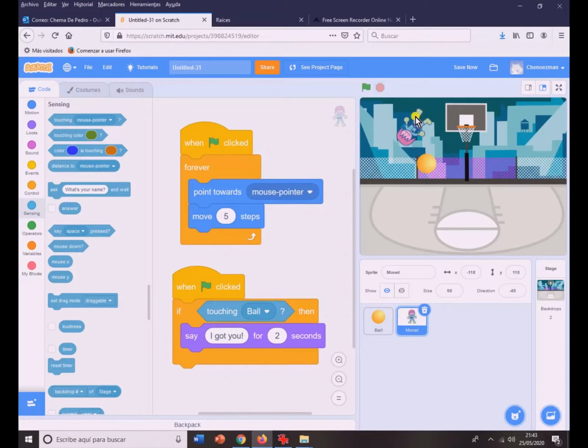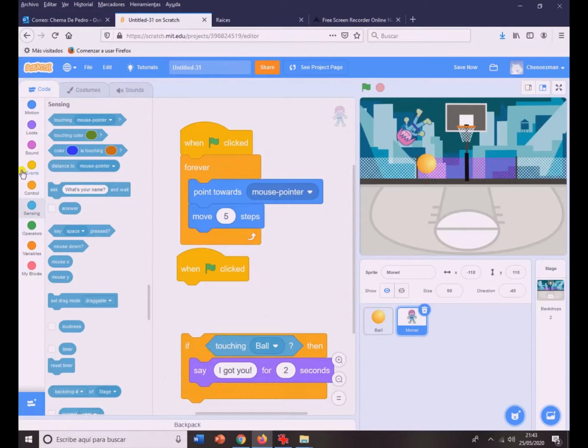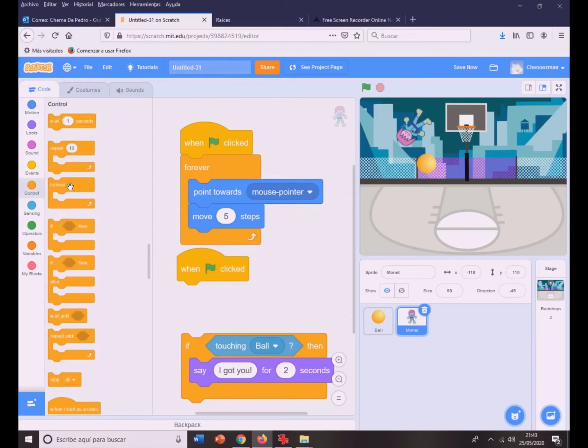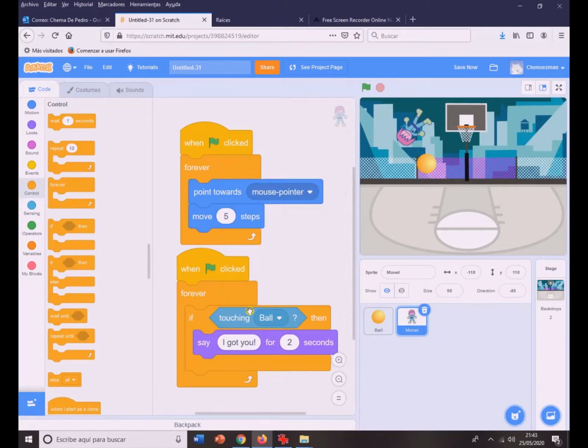So if I want this to happen at any moment, again, I have to add the instruction forever. Why? Because I want this to happen all the time. So now if I click the green flag, I'm trying to go after the ball. Okay, every time I touch the ball, hup, "I got you." Okay, so you can create a game. For example, every time you touch the ball